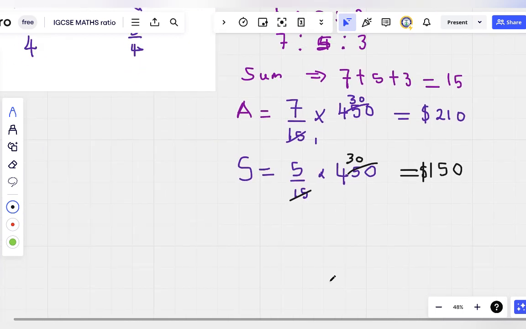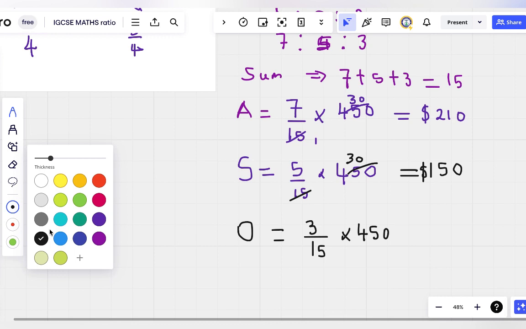very meaningful. Then let's see what Umar will get. Umar gets 3 out of 15. 3 over the sum of the ratio. 3 is the ratio of Umar over the total sum of the ratio, multiplied by the money that has been given to them to share, and let's see what Umar gets. Okay? It's going to be meaningful. Okay? So we say